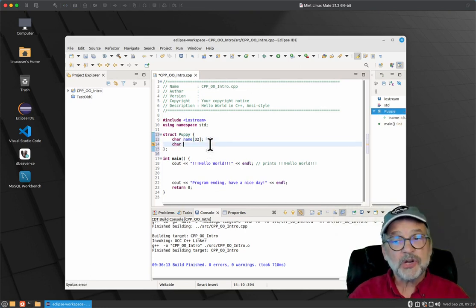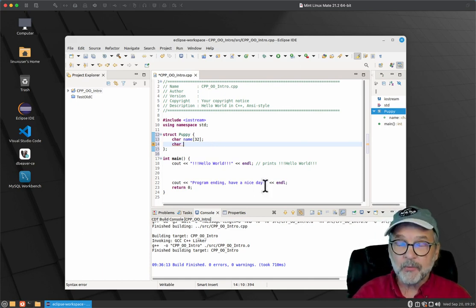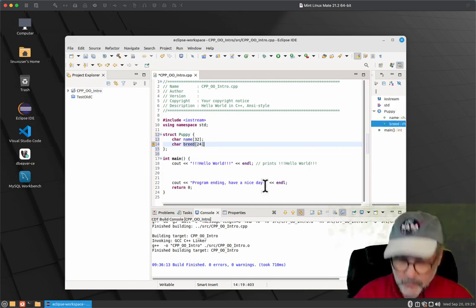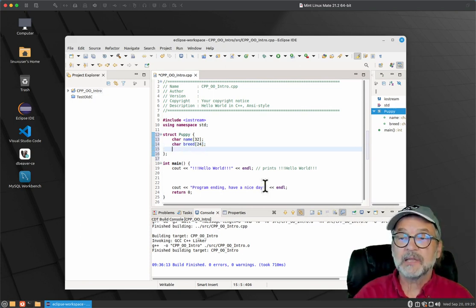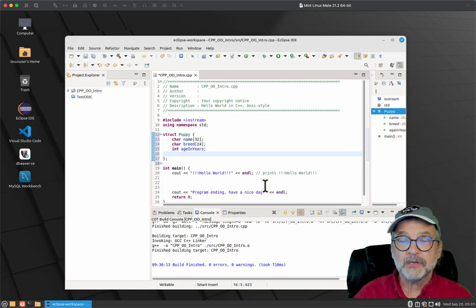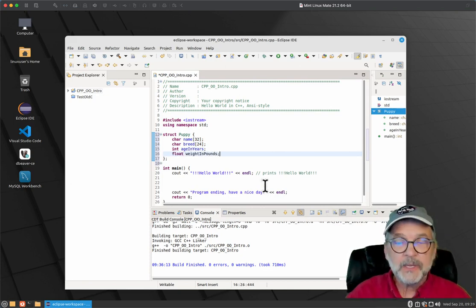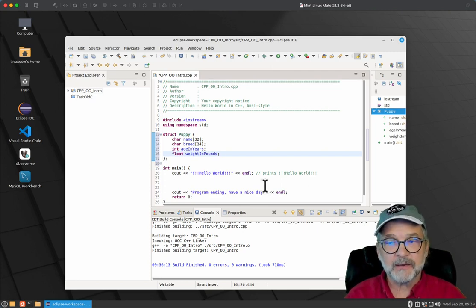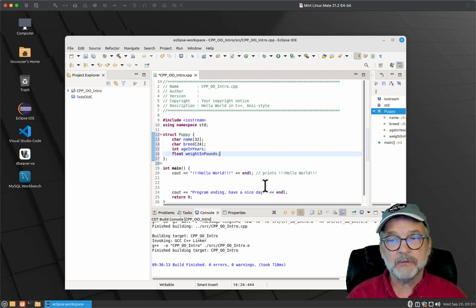We used chars because chars are a really easy way of structuring a file if you're going to be writing out puppies to a file. So we're going to say name, we're going to say breed. You can do things like age in years. And you can do things like weight in pounds. So this is what we call an abstract data type. It is a new data type that you created using